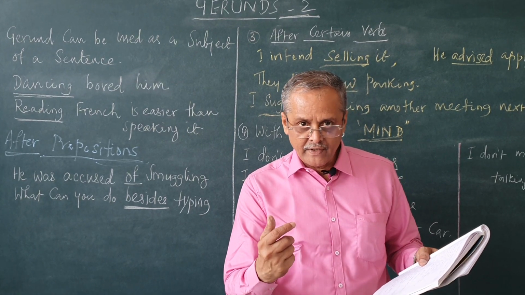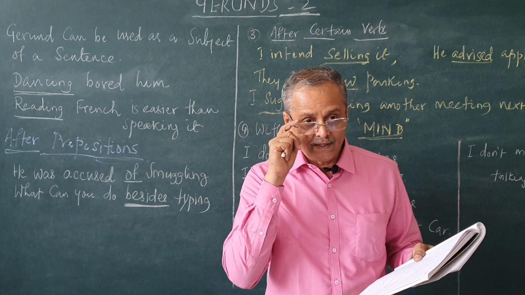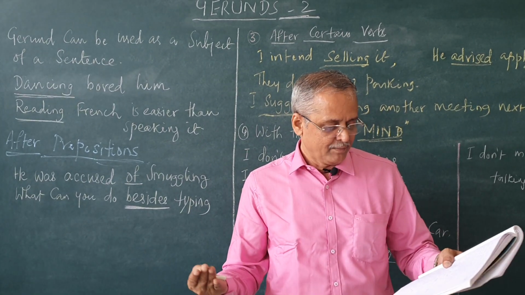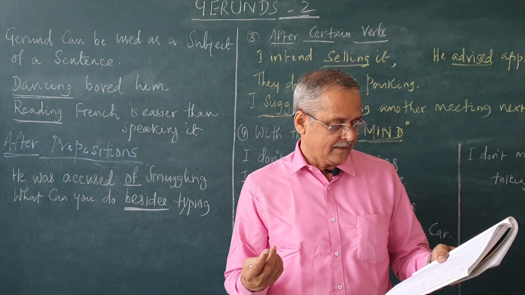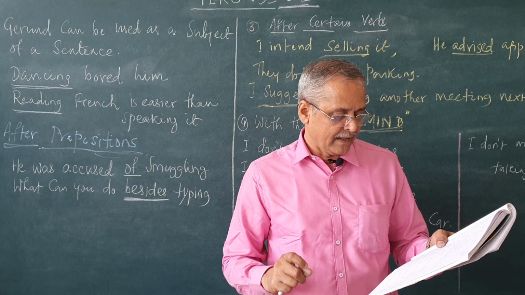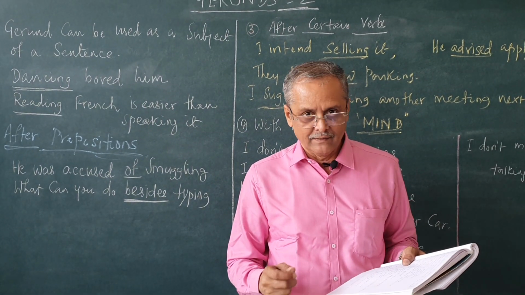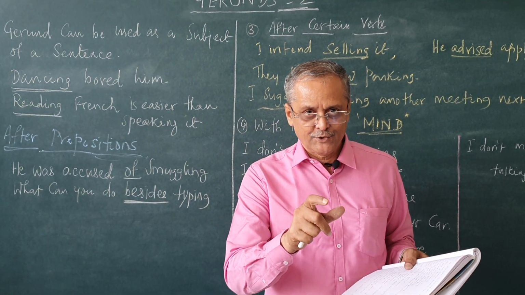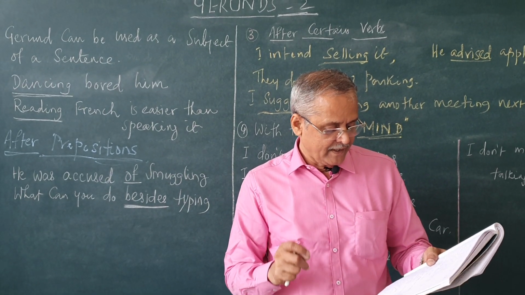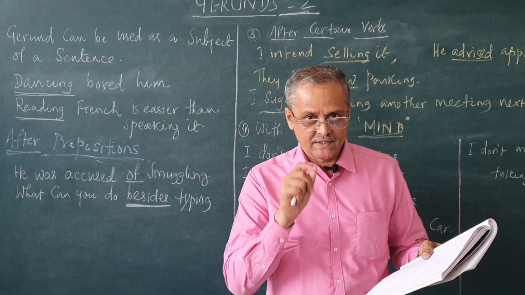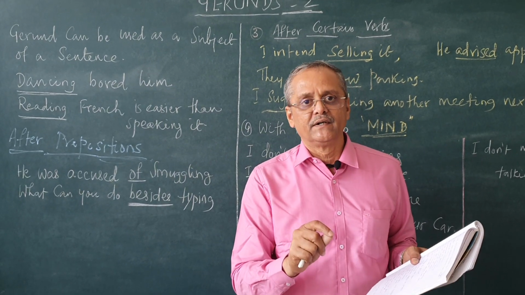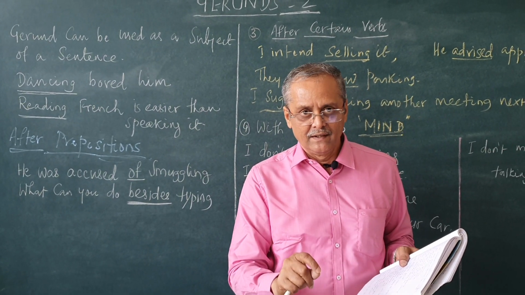I couldn't help laughing. Help is the verb here. After help, I couldn't help crying. I couldn't help scolding him like that. I regret spending, with regret also we use gerund. I regret spending so much money. Then stop talking. Stop, verb. With verb stop, gerund comes. I suggest, with suggest, suggest is the verb here. I suggest waiting till the police get here.